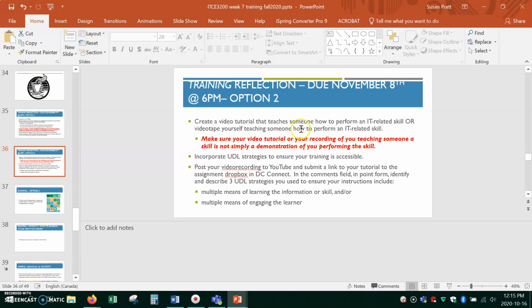So if you choose this option, make sure you are not just simply recording a demonstration of you performing the skill. So for example, if you recorded me jumping a skipping rope, that doesn't teach anybody how to use a skipping rope. You want to, like I said, incorporate UDL strategies, whichever one of these you choose, to ensure your